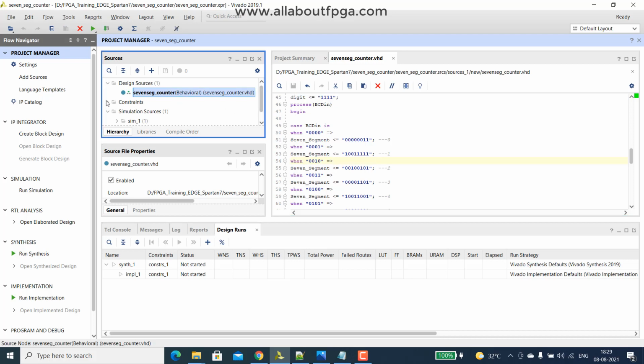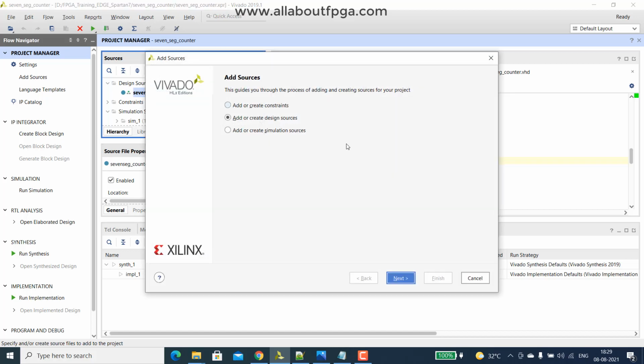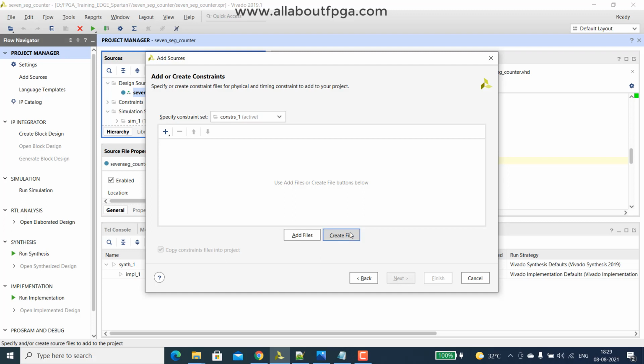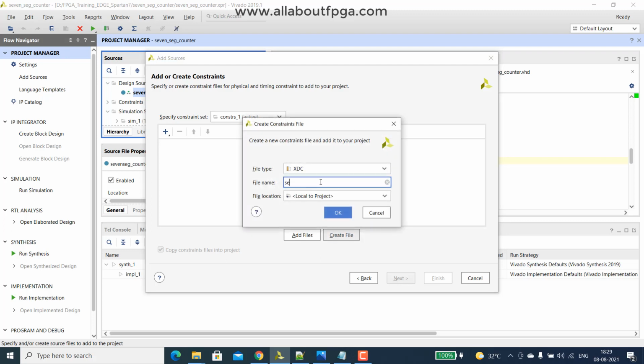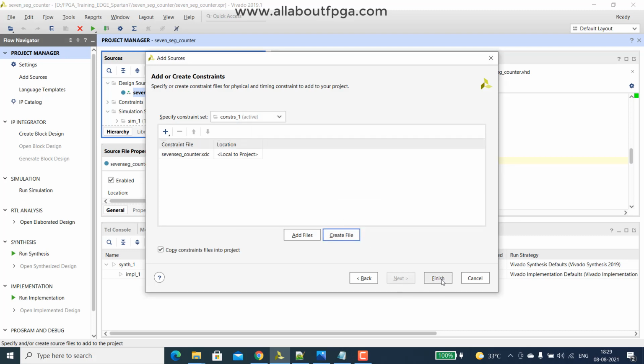Next we have to create a constraints file. New, create, 7seg counter, okay, finish.